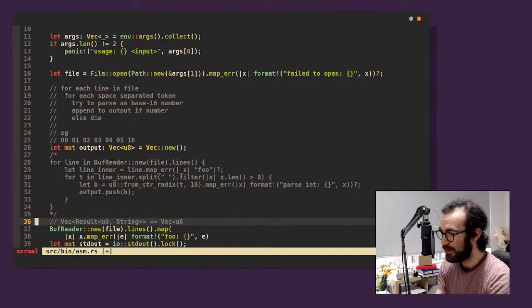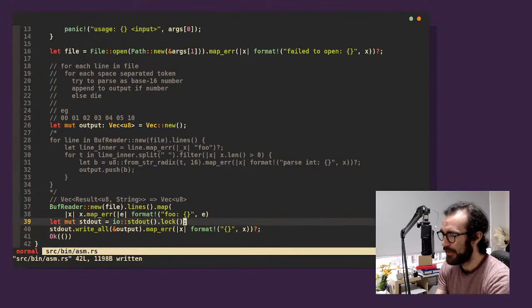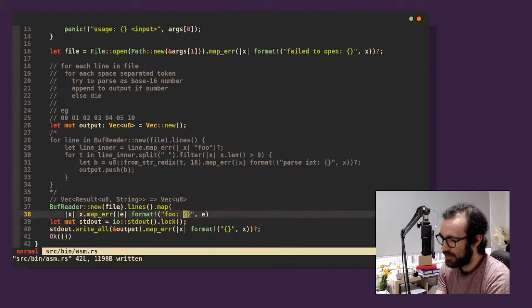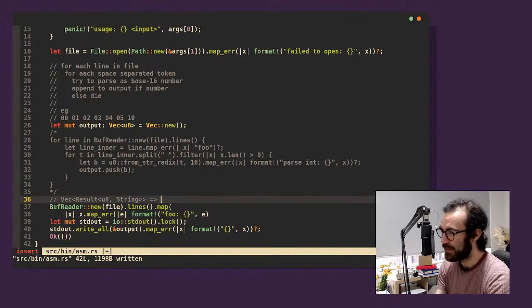Or maybe we don't even need to do that, right? Because it's going to be a Vec of Vec. No. Okay, hold on. So what we're going to have is this, and what we want to turn it into is a Result of Vec u8